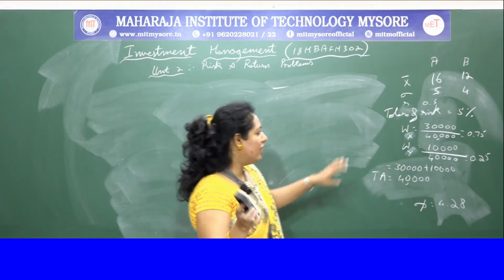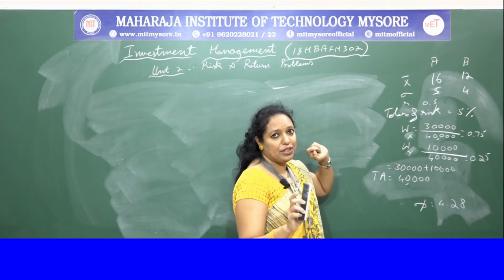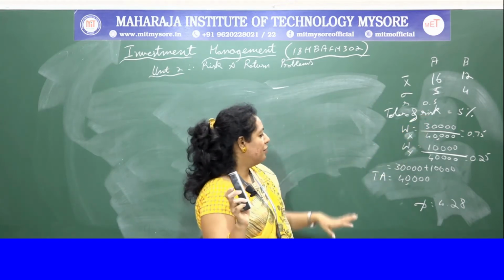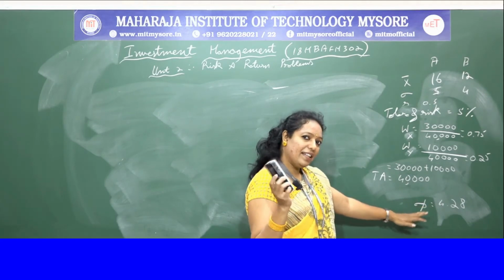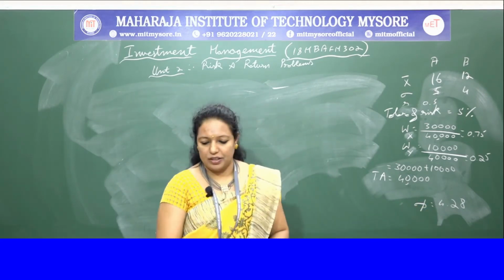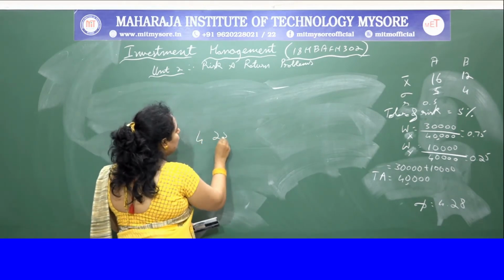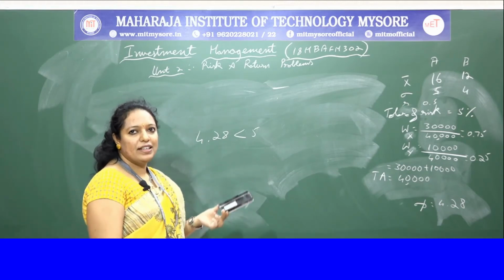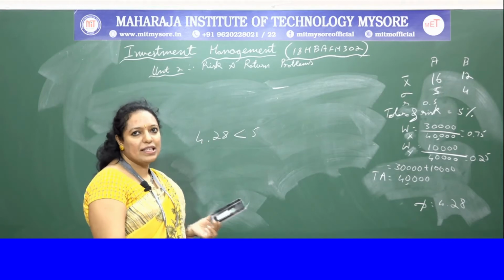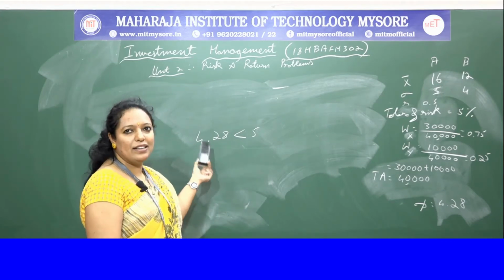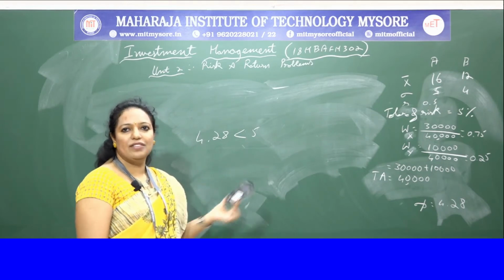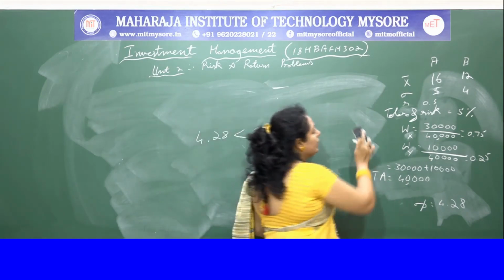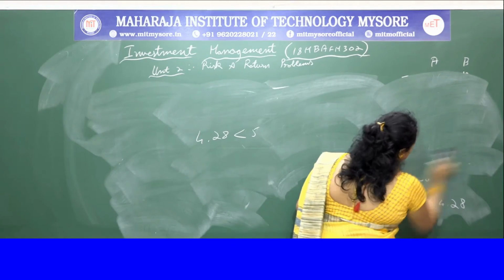Yeah, sorry, before we go to the next problem, we have to give a conclusion. While giving a conclusion, see, in the problem the tolerance of risk is given as 5%, but the calculated portfolio risk is 4.28. So your 4.28 is less than 5%. So this means the investor can invest in this portfolio, because whatever risk he wanted to assume, 5%, the calculated risk is less than 5%. That's the reason he can invest in this portfolio. That is how you have to give a conclusion if any question is asked. Okay. Let's go to the next one.